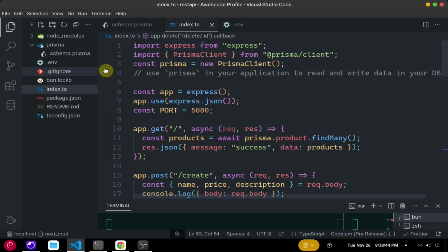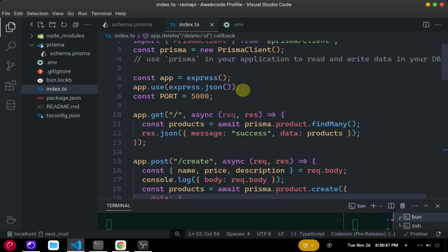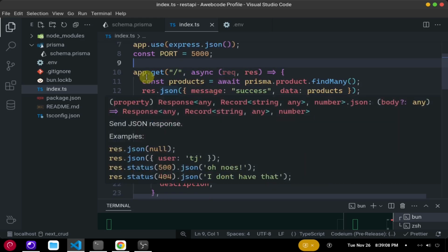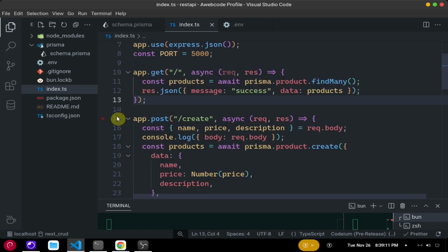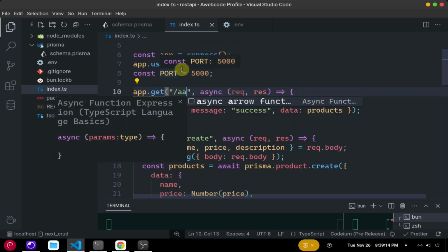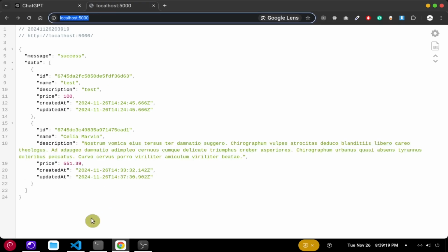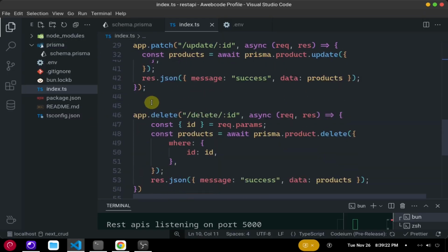So this is our app. We initialize Prisma and initialize Express, using this middleware to globally extract request.body. We are using a port in a constant so that we change it in one place and it reflects everywhere, and this is our get endpoint for getting everything from our product table in our database. So we are getting data from the database, and our